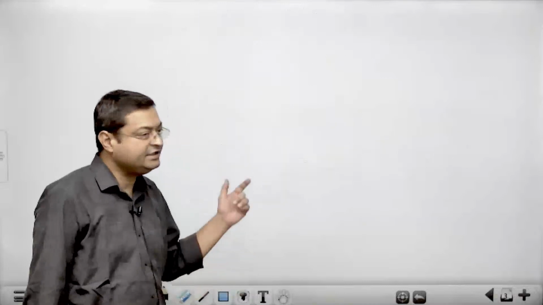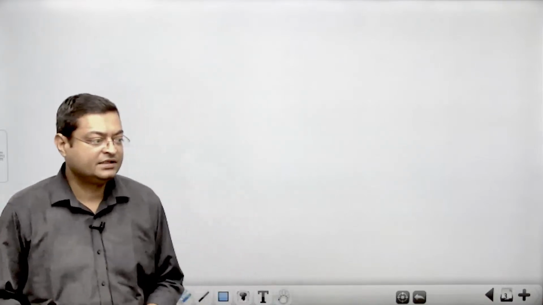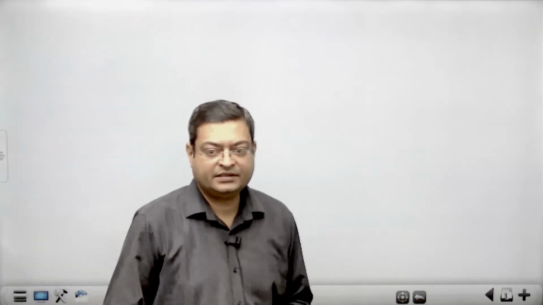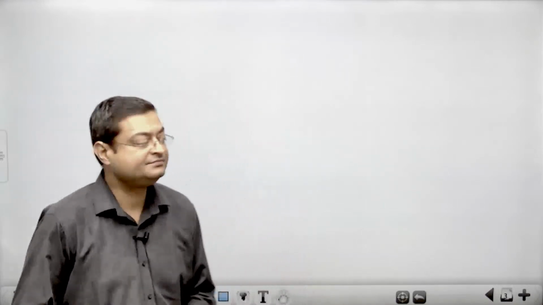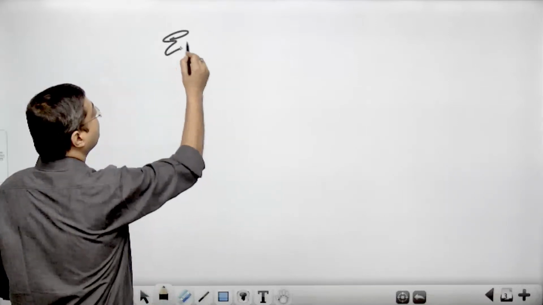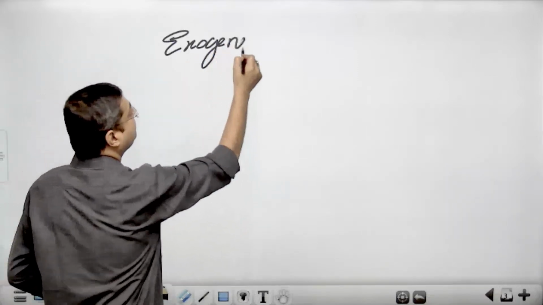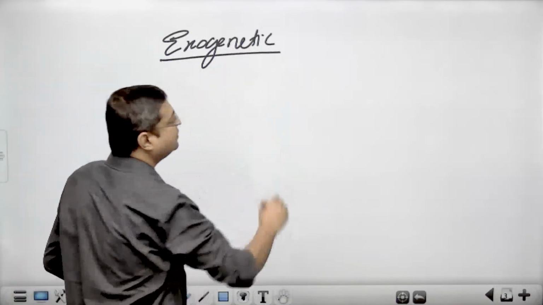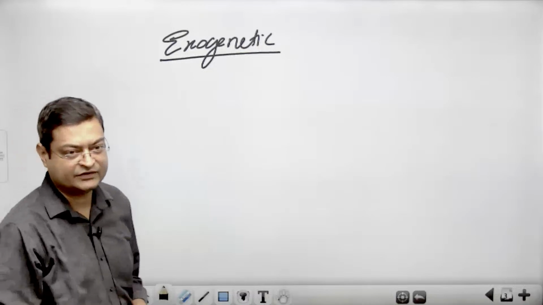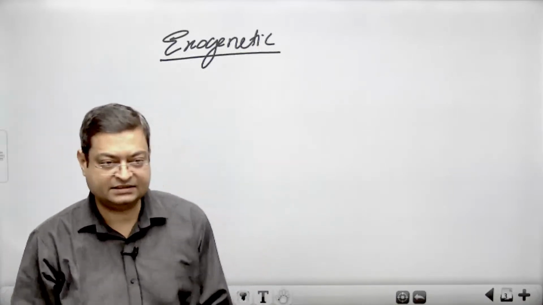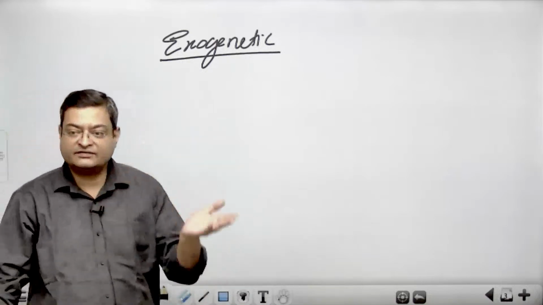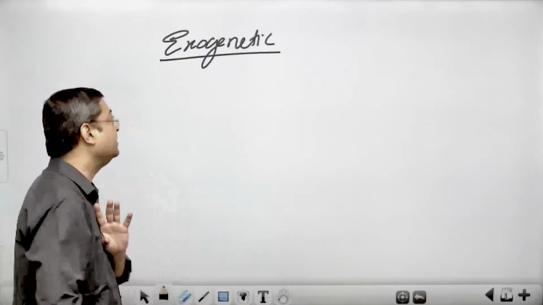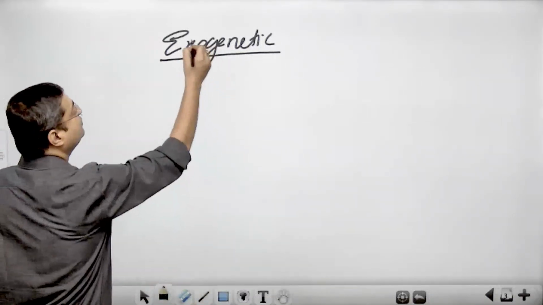The interaction of these forces leads to development of different landforms. So first we are going to talk about the endogenetic force, which is acting inside the earth. Then subsequently, when we are going to move towards the weathering, we have to study about the exogenetic. Sorry, it is endo.